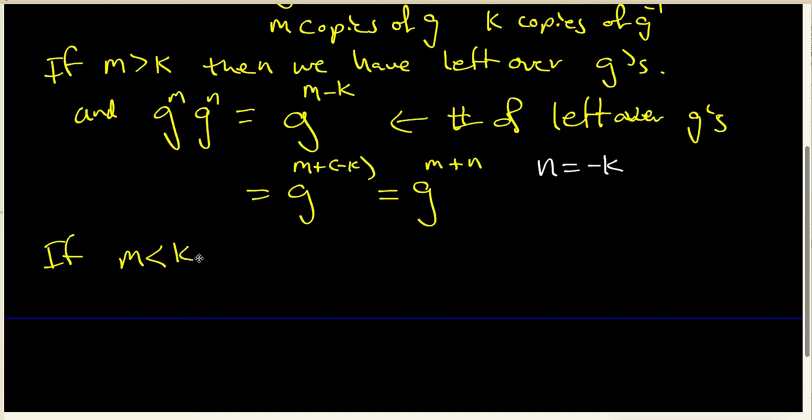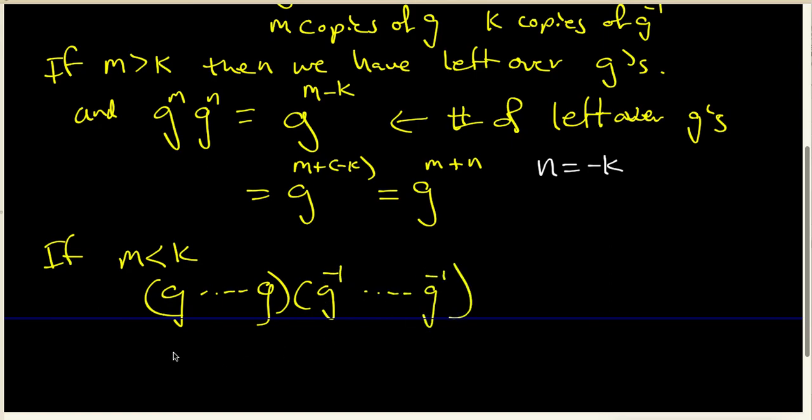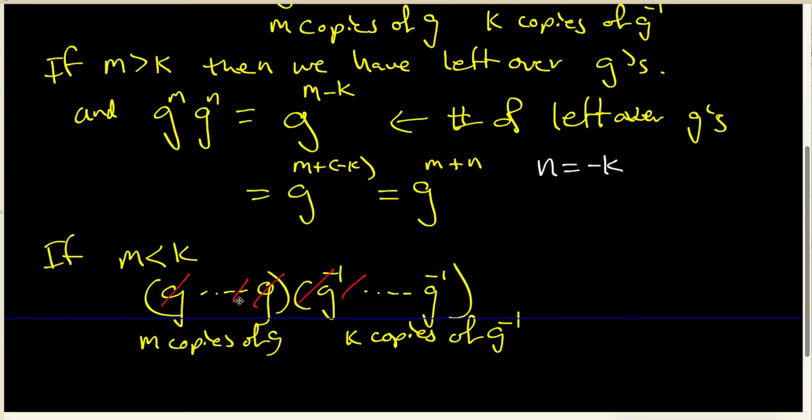If m is smaller than k, when we've got this expression here, and we have m copies of g, and we have k copies of g inverse, the canceling this time is going to go like this until we finally get rid of the last one of those. And we're going to have leftover